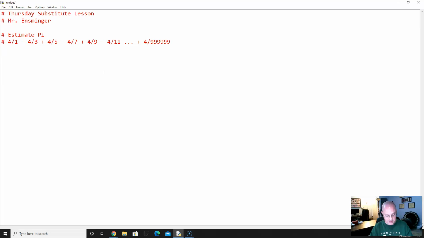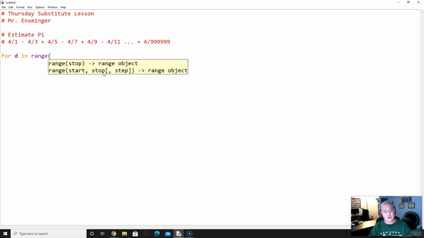The way I'm going to model it is for d, for the denominator, in the range. And so, what we're learning this week is how to work a for loop. For loops are just like while loops, except while loops are indefinite. We don't know how long they're going to run. This is a definite for loop. I know I want to run from 1 to 999,999. And so, if I do this with a step of 2,